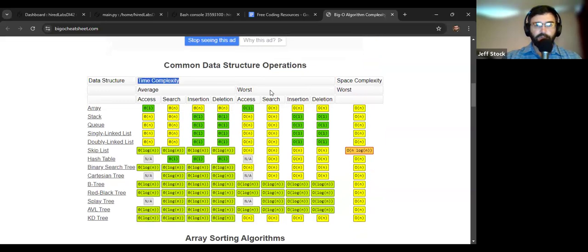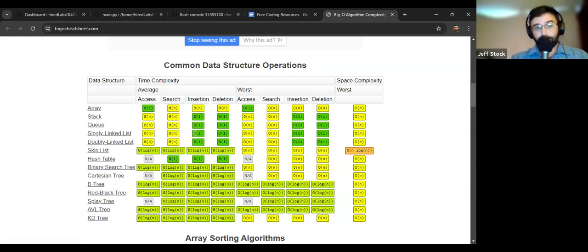And as you can see with the time complexity, it's broken down here between average and worst. And that's the average scenario, the worst case scenario. The idea being, say, the worst case scenario is if it has to go through every item in an array to find something if you're searching. Because down here on this row, it's different specific operations and how long those take.